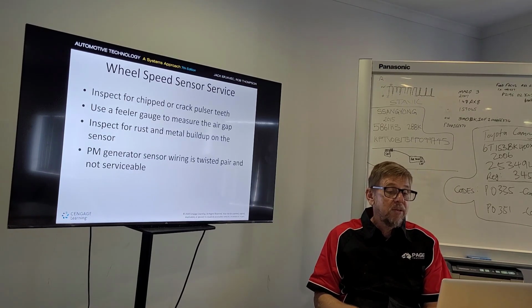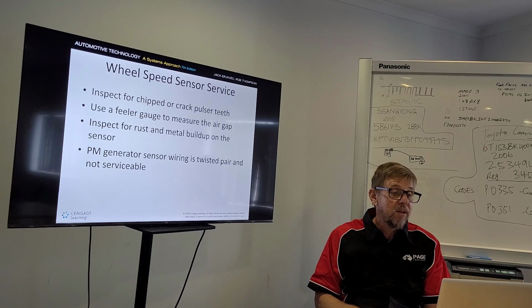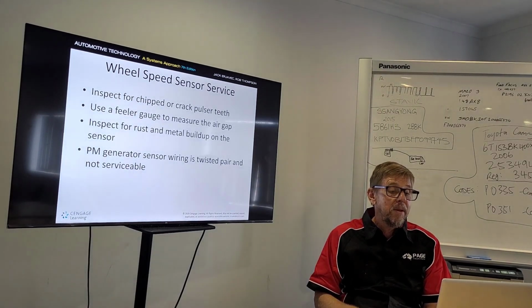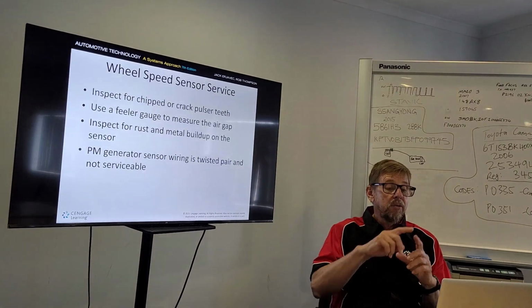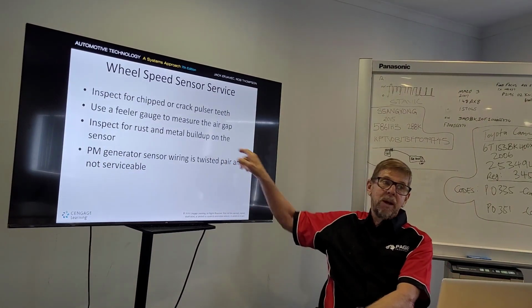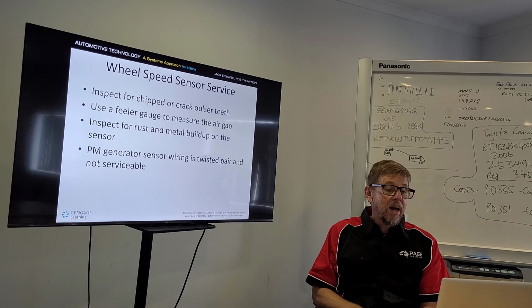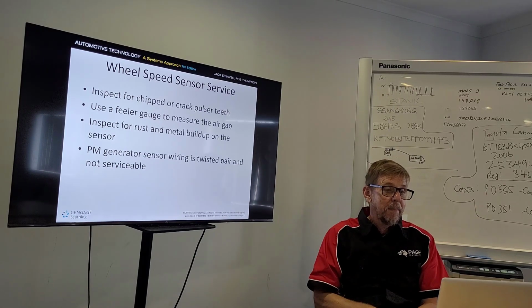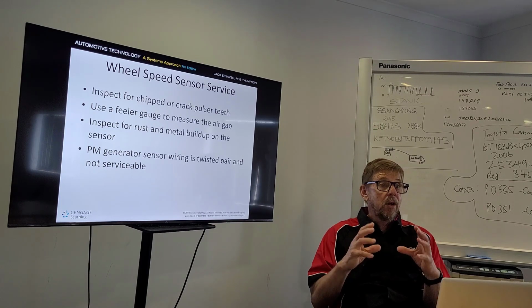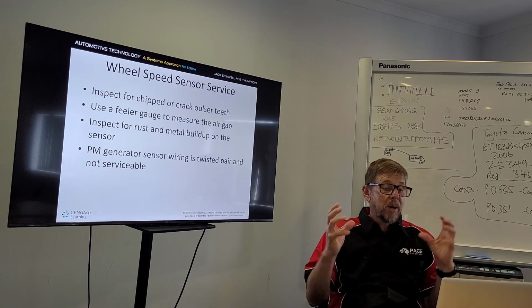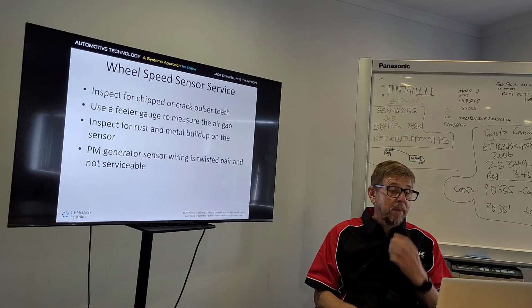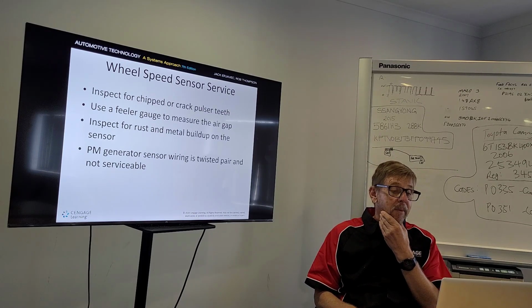So with wheel speed sensor servicing, just inspect for any chipped or cracked pulse teeth going around, check the teeth are okay. You can use a feeler gauge to check the air gap, because we talked about the air gap. Look for a lot of rust or corrosion or dirt or brake dust, look at that as a possibility and clean that up. And obviously the